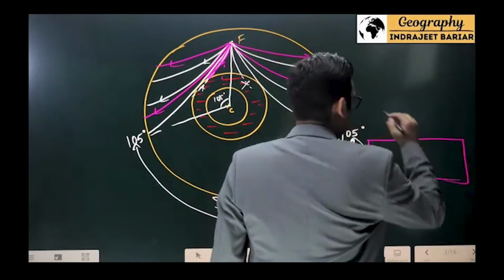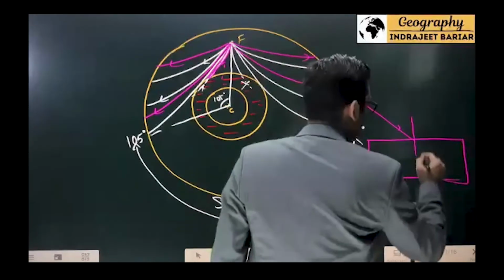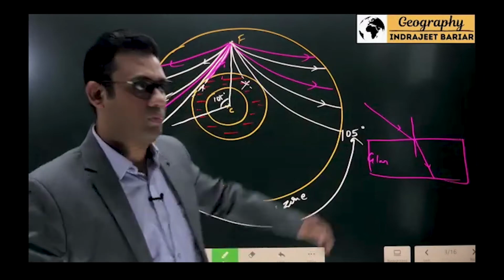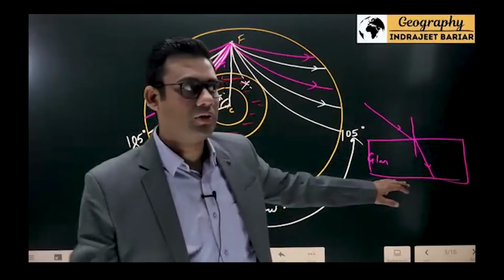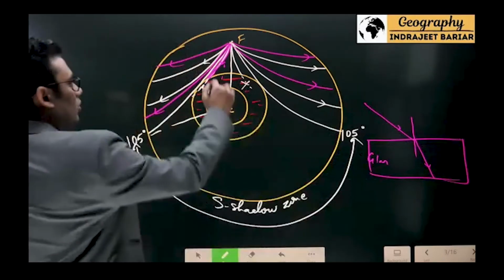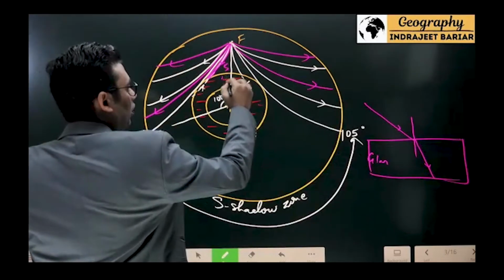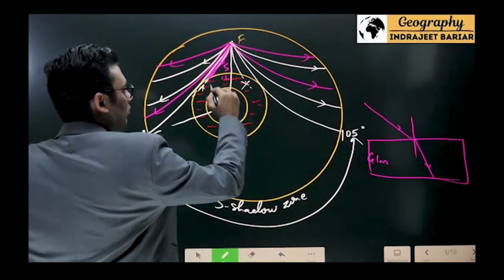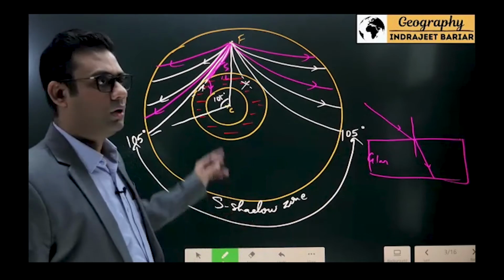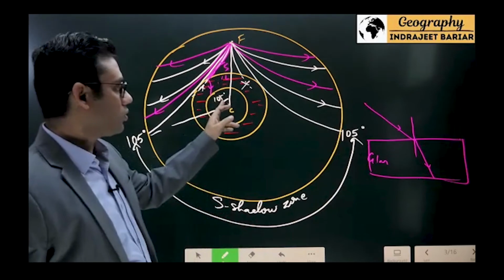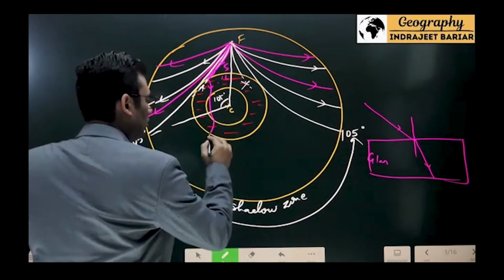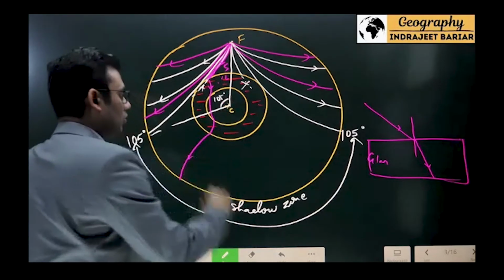In schools we have studied this particular type of diagram. Glass is there, light falls on it, and it bends like this. So as the waves pass from one medium to another medium of different densities, it bends. That's refraction. And the same thing is going to happen over here, solid to liquid. So from here it bends like this. Again, it passes from liquid to solid. Inner core is solid. Again it bends like this, again bends and again bends and comes out.